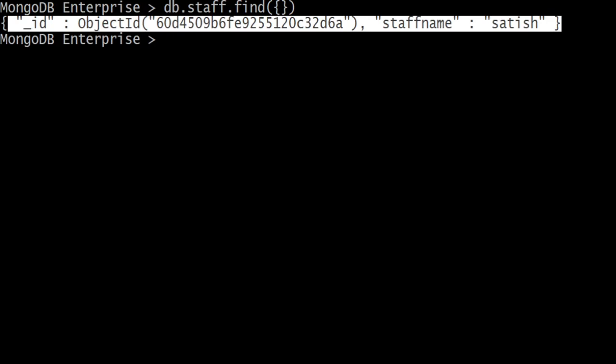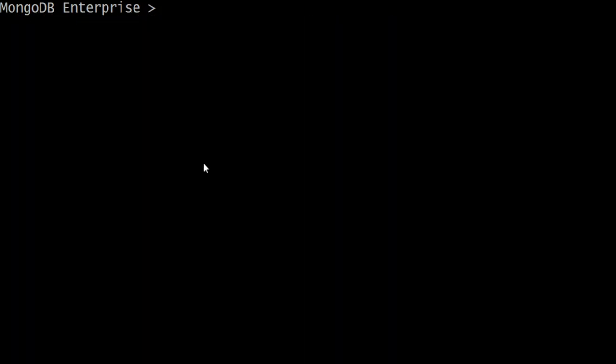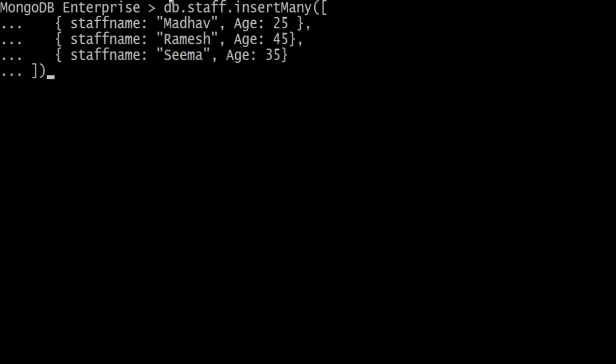Now we are going to perform the insert operation for many records with the help of the insertMany command. Here is the command: db.staff.insertMany, open parenthesis, square bracket, open curly bracket, the property name and its value.